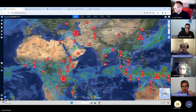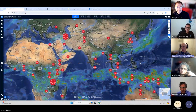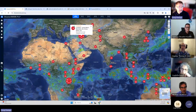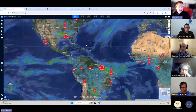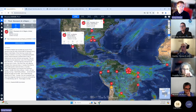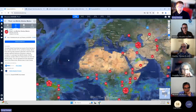Greg, is there any way that the user can tell which is an automated hazard and which is a manual hazard? Yes, there is. It's not immediately obvious, but it sort of is. So, for instance, when I look at floods and landslides here, you can see our source here is the National Weather Service. Moving down to Mexico, our source is NASA, the model of models. All of our landslides, for the most part now,